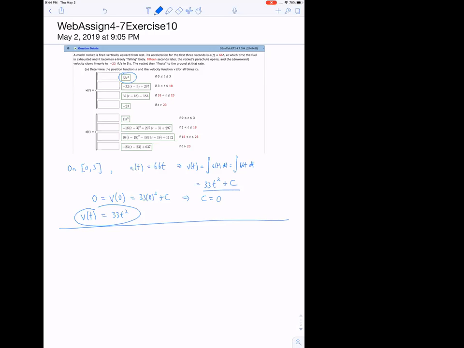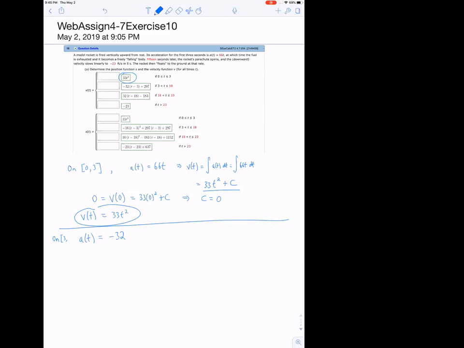Well, reading in the textbook or knowing a little bit of physics or even looking things up online, we'll find that the acceleration due to gravity is 9.8 meters per second squared. But I guess our units are feet and seconds. So in feet and seconds, the acceleration is about negative 32 feet per second squared, right? That's a constant acceleration. If you think about it, the force of gravity is constant. So the acceleration due to gravity is constant, which means that, on our interval now, it's from 3 seconds,